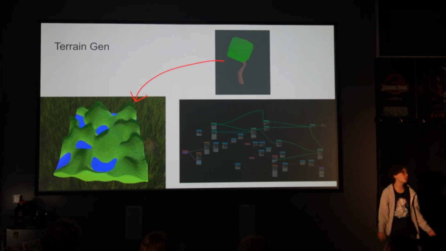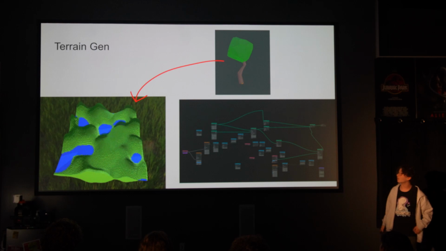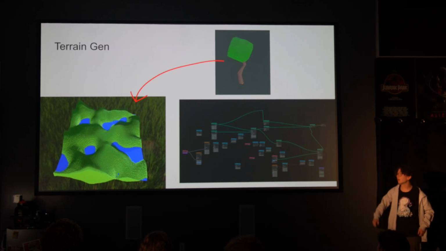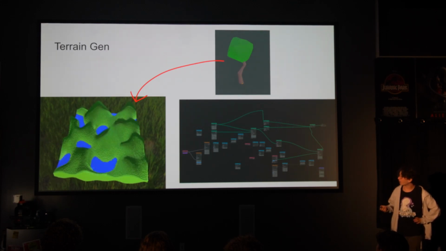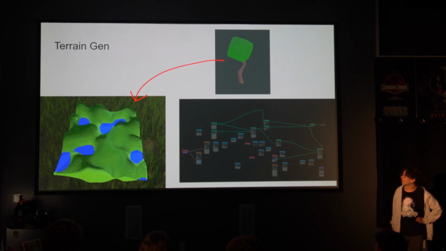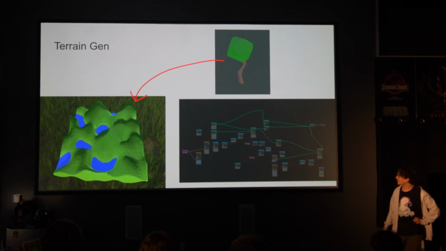So for my actual final project that I wanted to create after I warmed myself up a bit, I wanted to create a terrain generation animation. I was going a little bit for the Minecraft aesthetic, as you can see, just like blue water, cubey terrain. This was my very basic node setup. It's not very good,